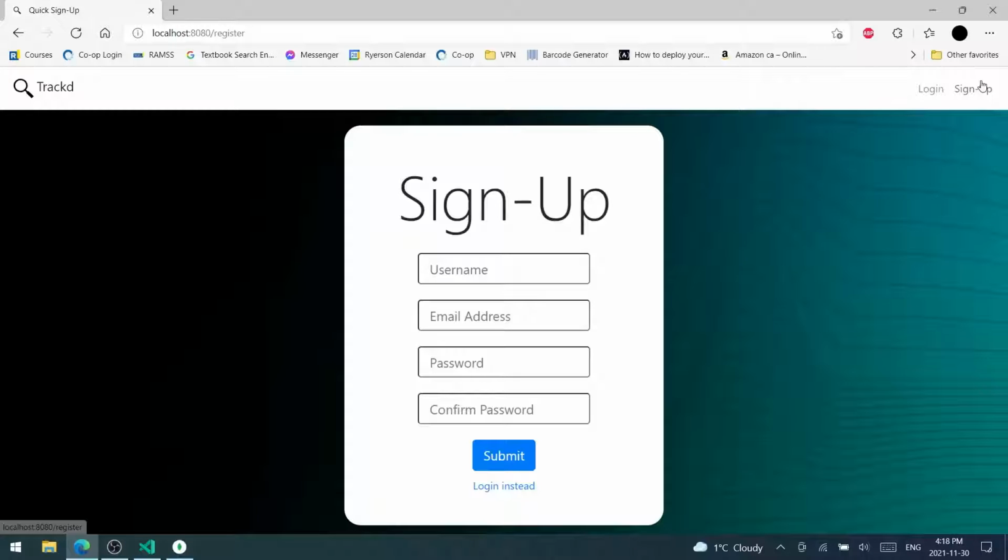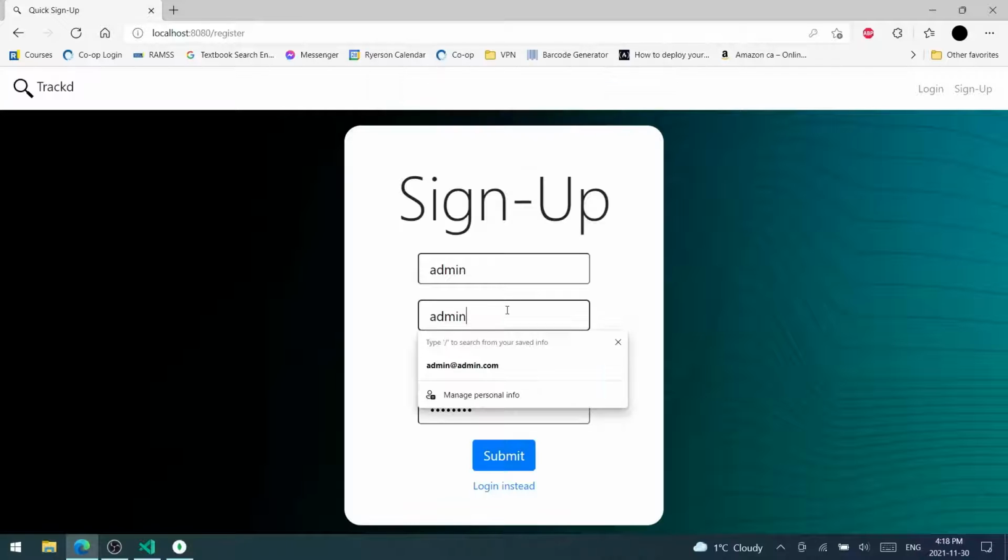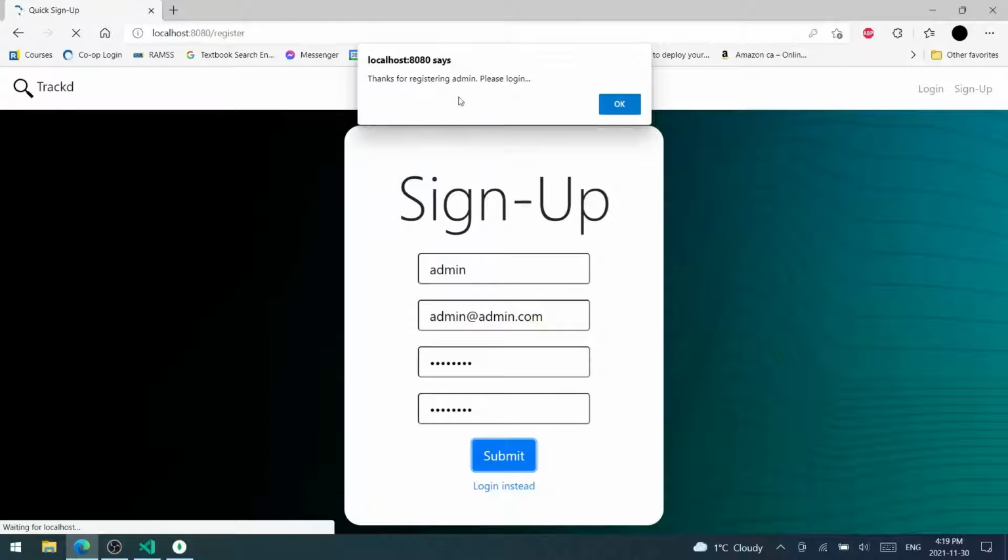This is the same as just going up to the nav bar and hitting sign up. I can create a new account here, and there is some logic that is used here. So for example, if I don't put in a valid email address, it'll give me an error. And if I press submit, it says please provide a valid email address. So I need that at something.com to make it work. And that worked. So we registered admin,